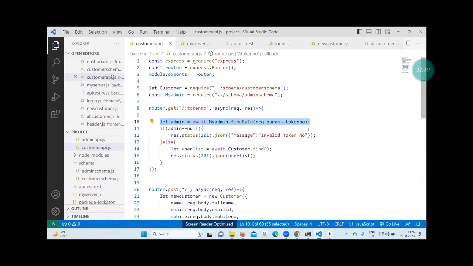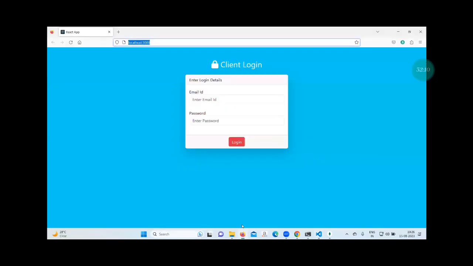We need to check the token number given in the beginning, in the database. So again, check in the database whether the token number exists or not. If the token number exists, then the database will say yes, it is there. That means it is a valid request. The client that has sent the request is a valid client. Then fetch the data based on the given input, convert it into JSON, and give it to the client. In case the token number does not exist, then the database will say sorry, it is not available with me. Means null. If it is null, then the backend will send a response to the frontend saying no such record. Now both the GET and POST APIs are ready, and the file is in front of you.